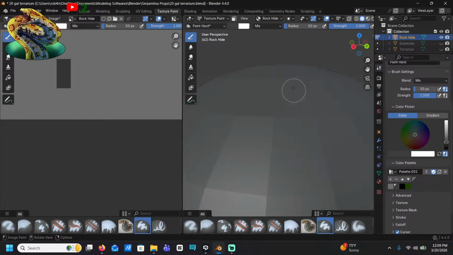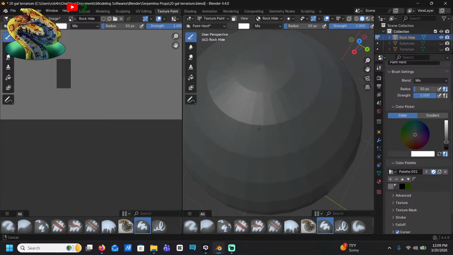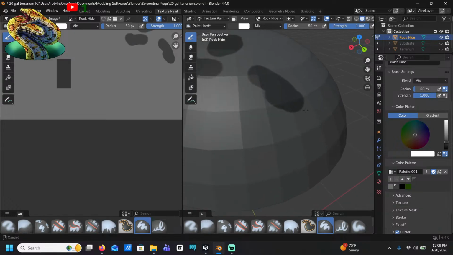Okay. I'm just gonna basically just put some spots. Basically, I'm gonna blur them so it'll be fine.